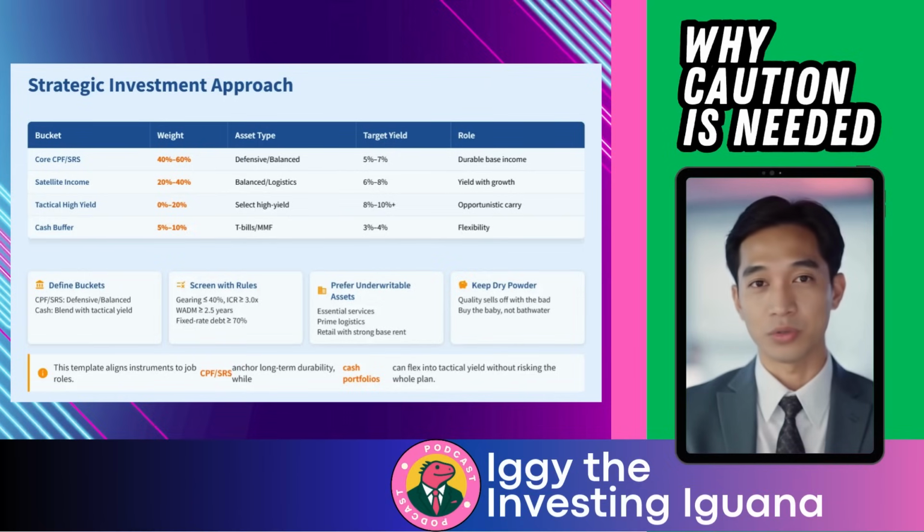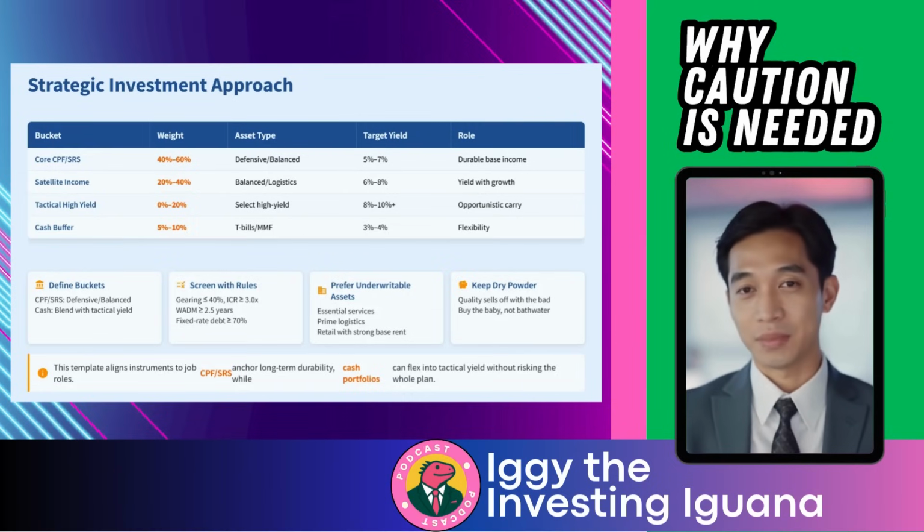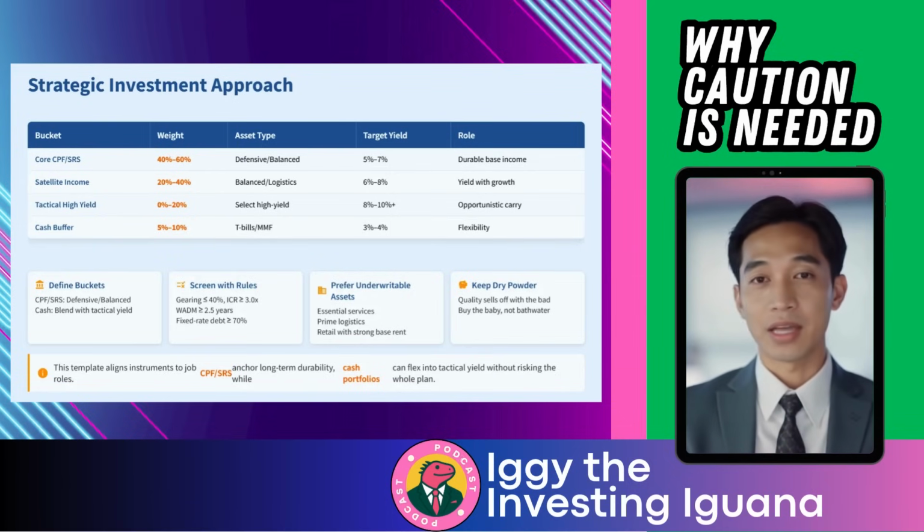Strategic investment approach. This is my hands-on framework. Picture a template mapping each investment bucket to its job. CPF/SRS, hunt for defensive and balanced names. Steady cash flows, low to mid leverage, long-term debt. Cash income, add a focused sliver, maybe 10 to 20% of high yield, but only if your fundamental screen is